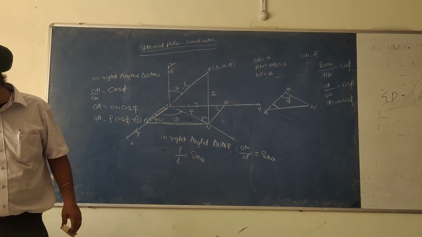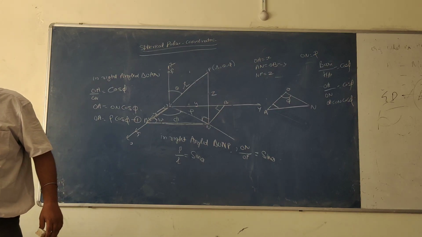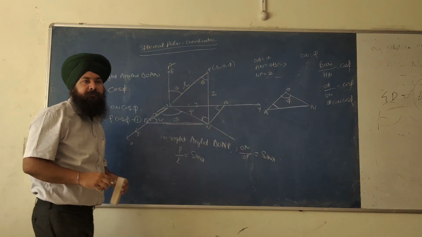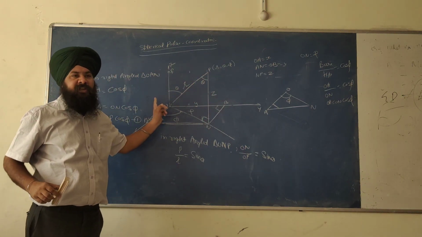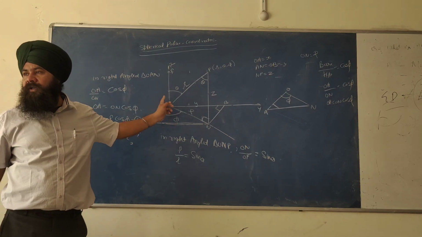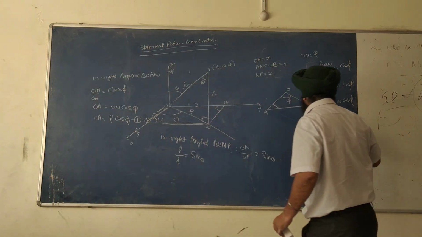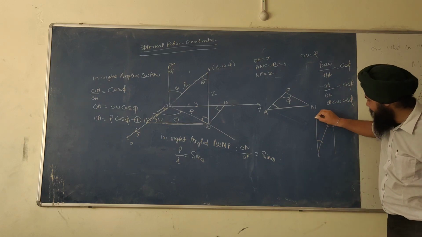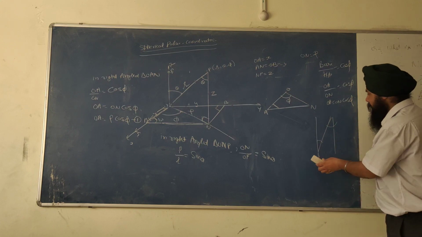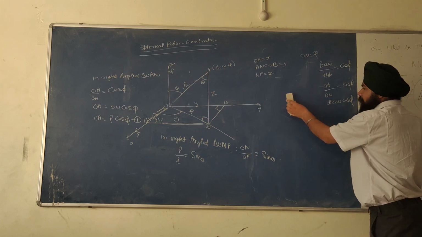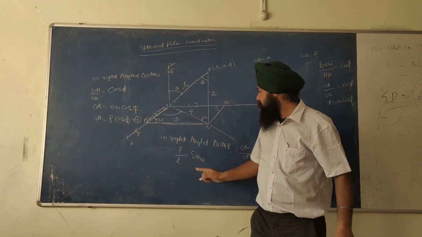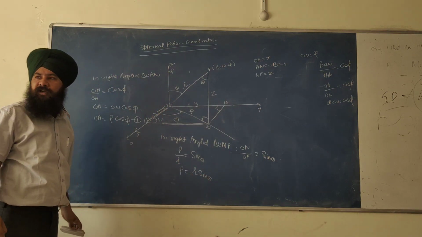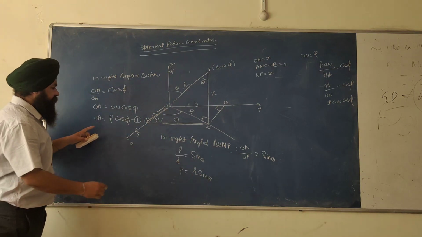See, this angle is also theta. Why is this angle theta? These are called alternate angles. In two parallel lines, this angle and this angle are the same. See, Z is there. This is called an alternate angle. So this becomes rho is equal to r sin theta. So what? This is 2.